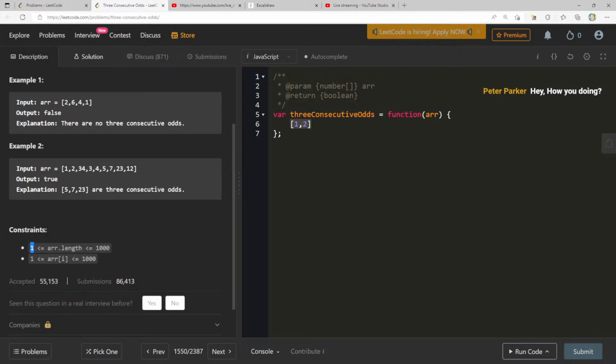Oh, Peter Parker, look at this. This is new people. This is awesome. I use Java for LeetCode and never have used JavaScript before, but the syntax looks extremely similar. Yeah, a lot of these languages, sometimes the syntax is pretty similar.